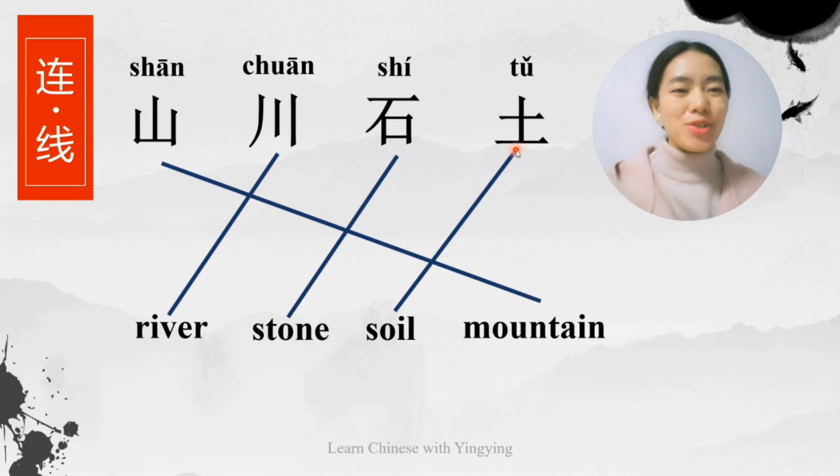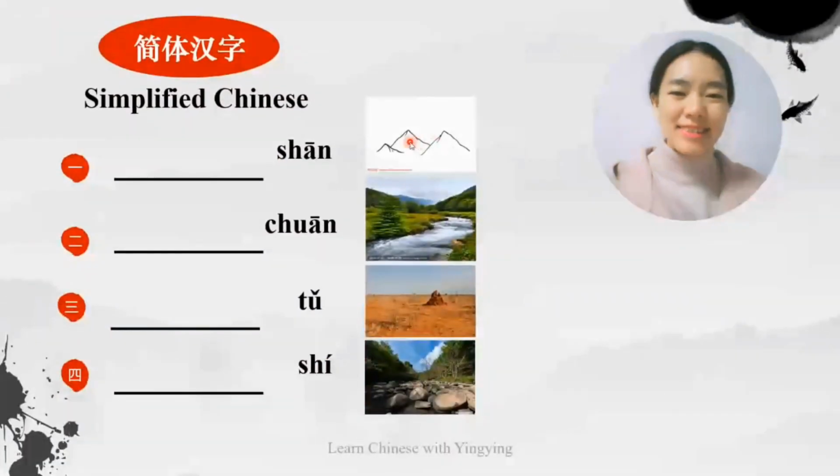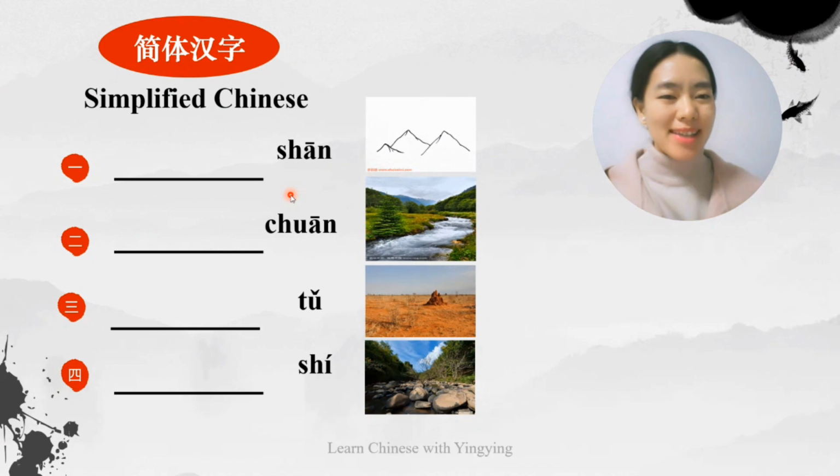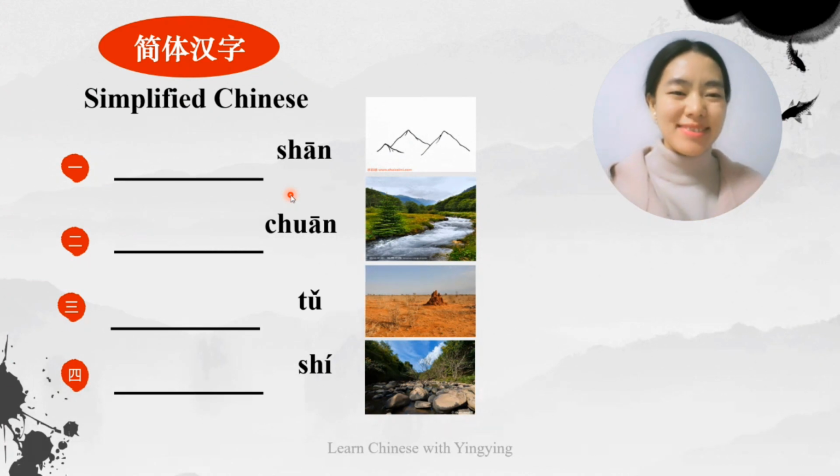If you are ready to challenge yourself even more, let's do the next test. Write the Chinese characters according to this pronunciation and picture. Let's check the answer if you are done. The first word is shan, shan. It means mountain. The second word is